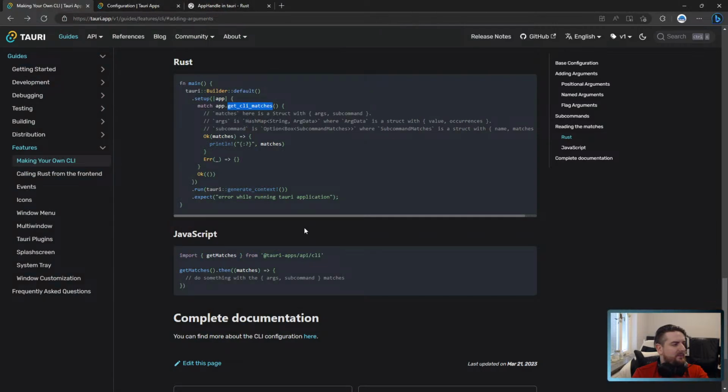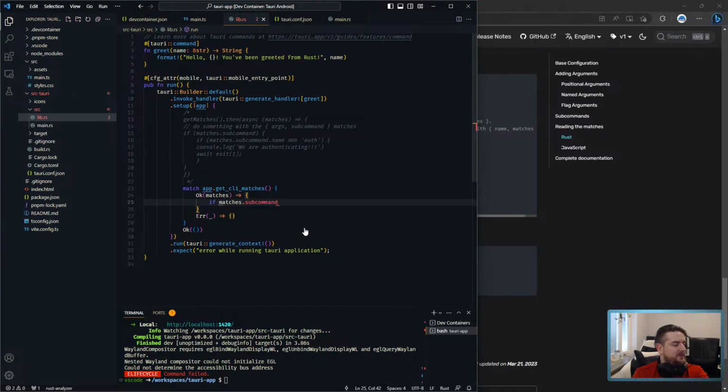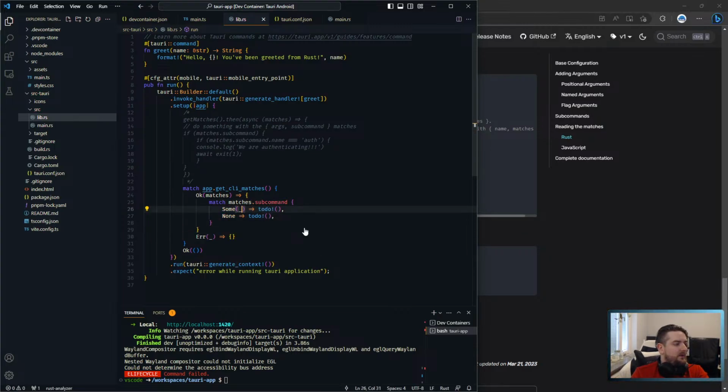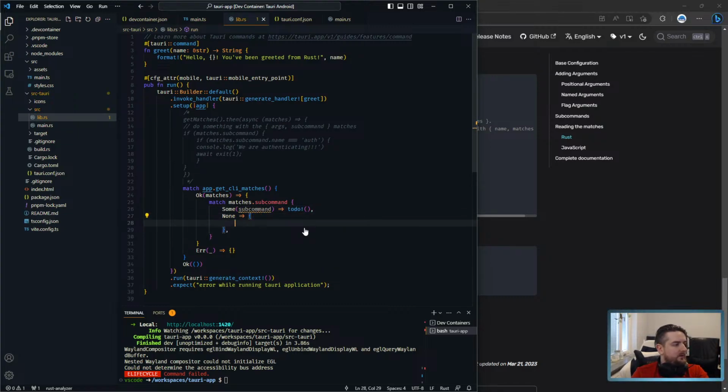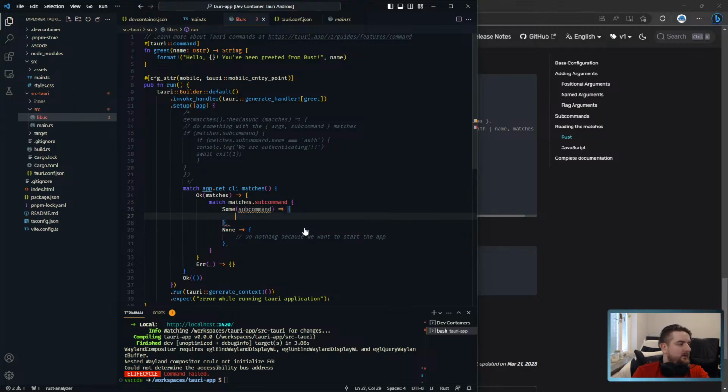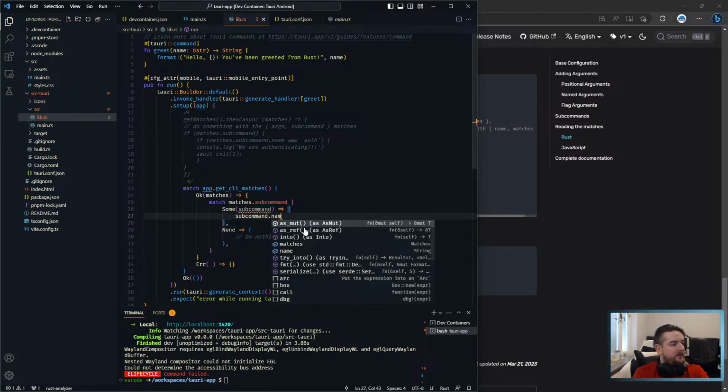God, what did I do last time? That's an option. Yeah. Matches dot. Oh right, it's because it's a subcommand that we're matching against, right? There we go. Do nothing because we want to start the app. Subcommand.name if